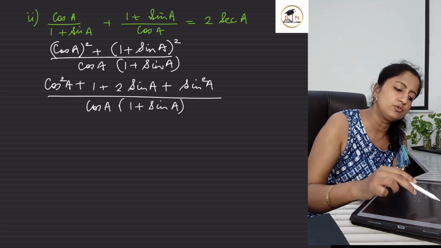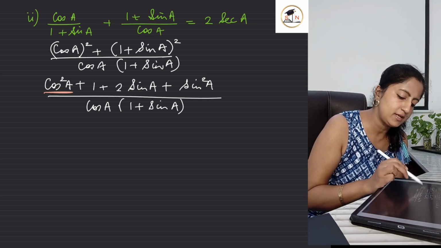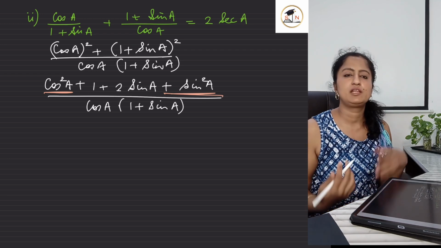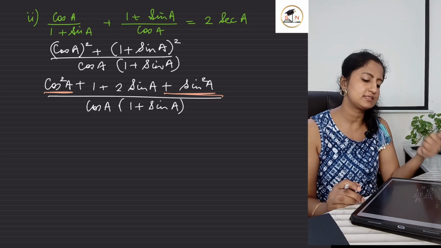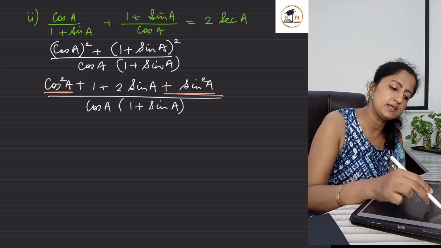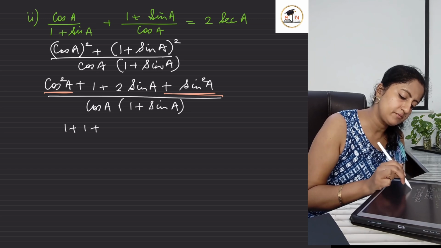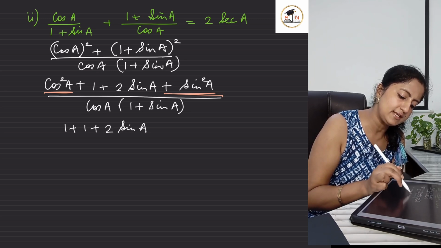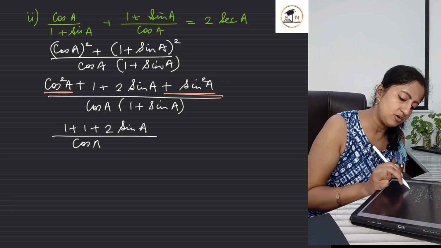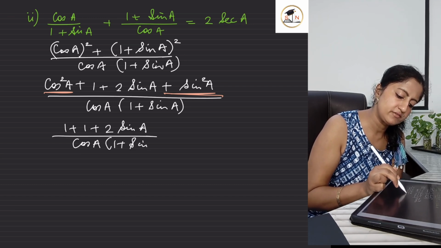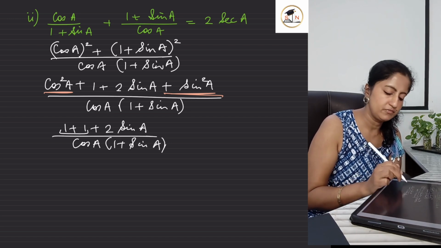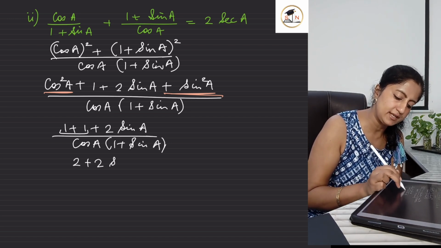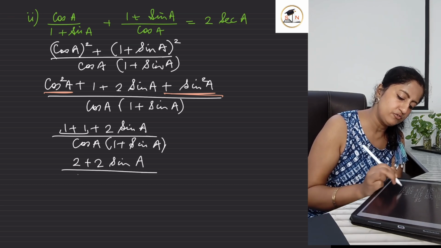And now what you need to do over here, we have cos square A plus sin square A. Whenever you see cos square plus sin square, it means first identity, that is their sum is 1. So what we get over here is 1 plus 1 plus 2 sin A over cos A into 1 plus sin A, right? Now I'll add these ones. So this becomes 2 plus 2 sin A over cos A into 1 plus sin A,